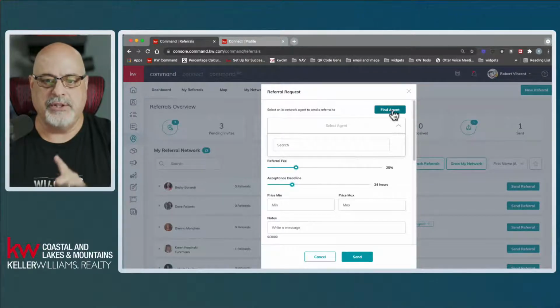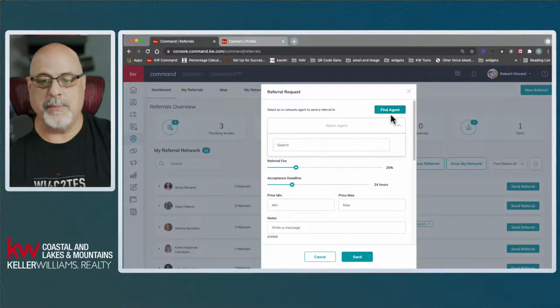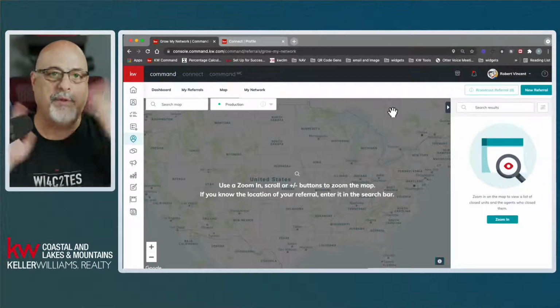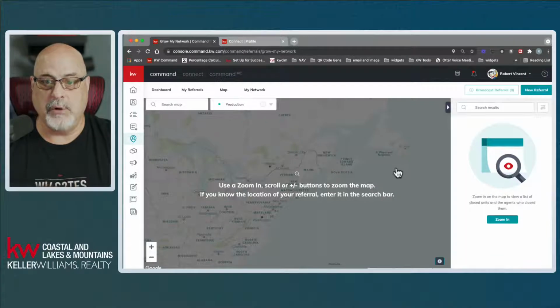Yes. Just click Find Agent. This will look outside of your network. So this is basically searching for an agent to put a referral to that is outside your network. So watch what happens when I click Find Agent. The whole thing zips away from that dialog box because now I need to use the map